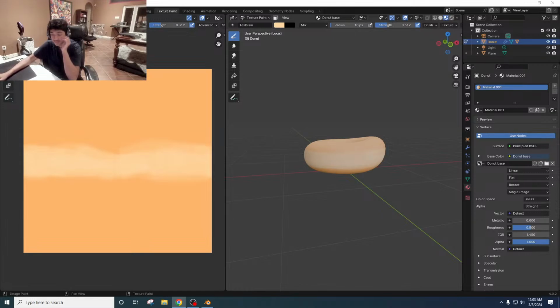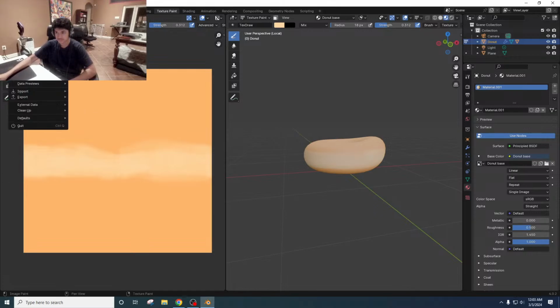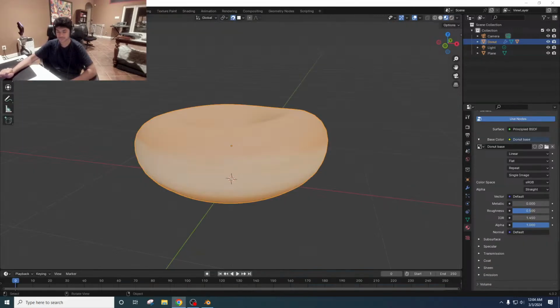It has to be saved somewhere because it will not be saved as part of the blend file. Very important to know that, otherwise you can lose texture paint work that you've done. But there we go. So now to bring back everything, remember if it looks like